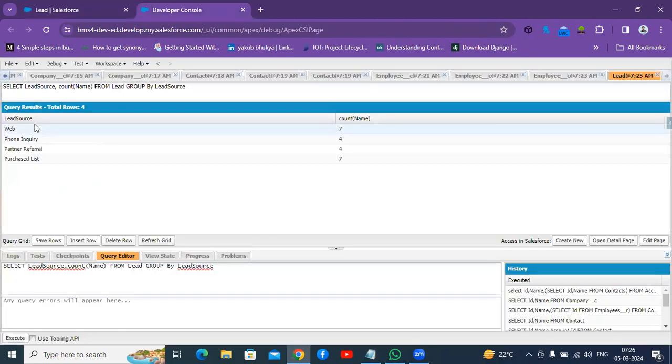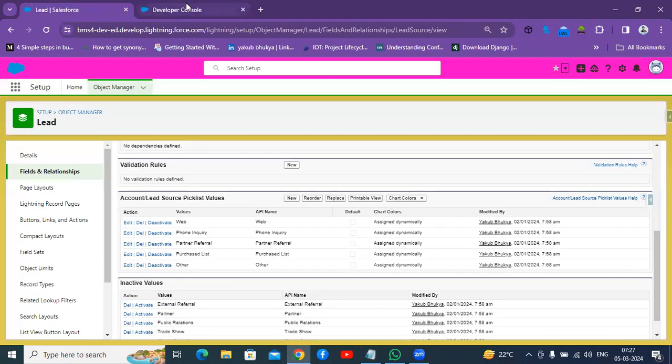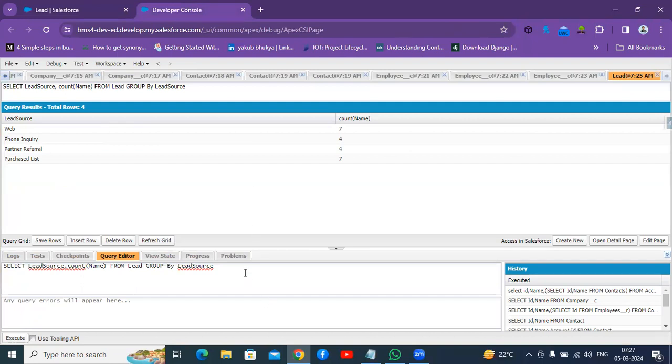So here also you can see, based on this, the records are grouped. If you are creating a new lead under web, that count will be incremented at web. Like that, we are just querying the data. Now next, we saw the where clause in a previous session. The purpose of where